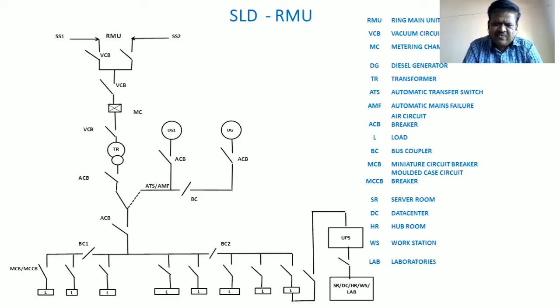In three phase, there is a three wire system, a three phase four wire system, and a three phase five wire system. Here's some additional information for you. Three phase three wire system, that is RYB, only three lines. There is no neutral. Normally, you can see this system in transmission lines. Again, three phase four wire system: RYB, three phases plus one neutral. This you can see in the distribution system.